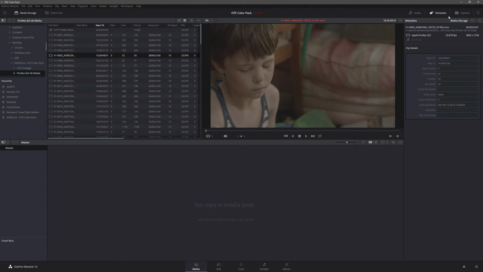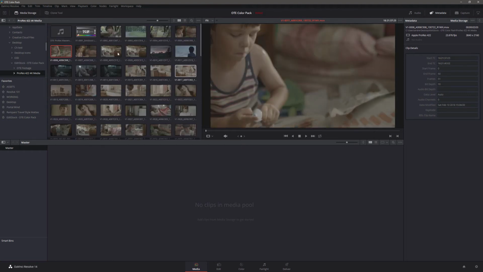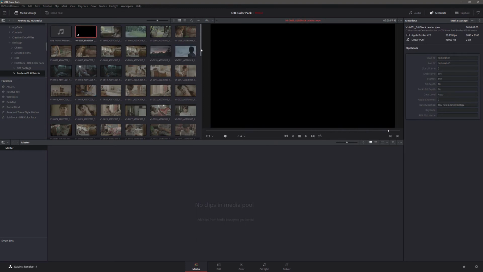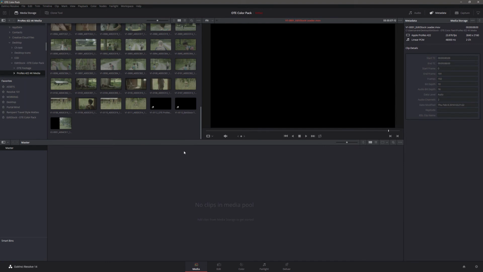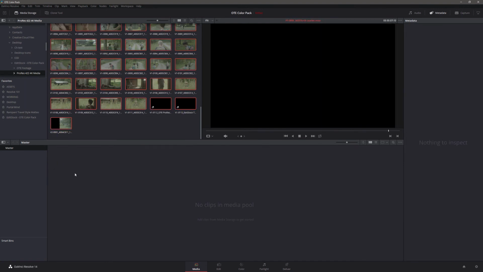Now metadata is important because it's searchable. So if you want to find things later, you can actually find them, and you can organize them by metadata. So let me give you an example. I'm going to go back to my icon view, and I'm just going to bring in all these clips. So I'm going to literally bring it from the first one, and I'm going to shift select to the last one. Okay, so shift select, and I'm just going to pull them all down here